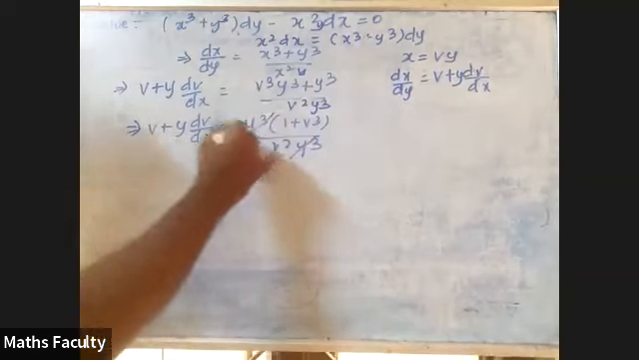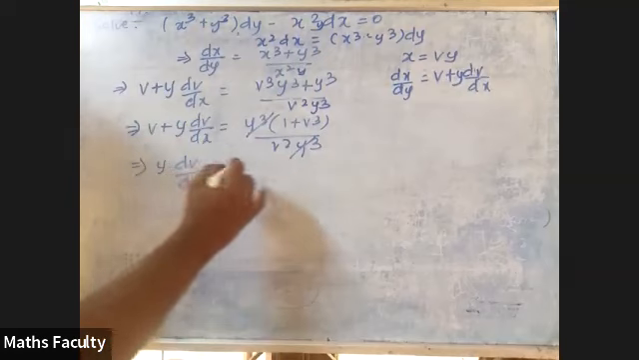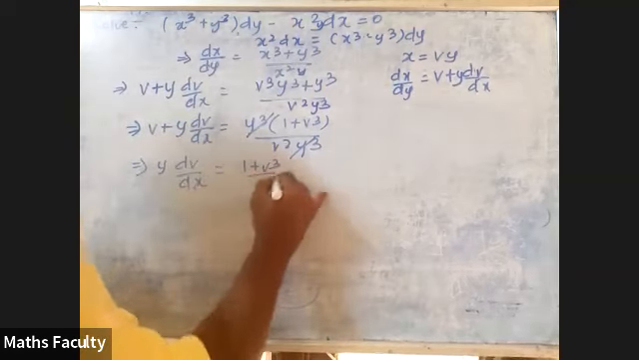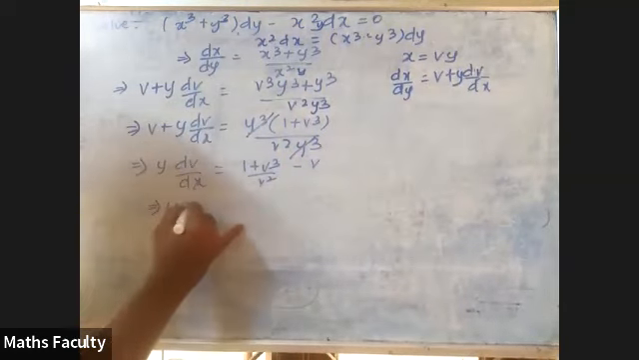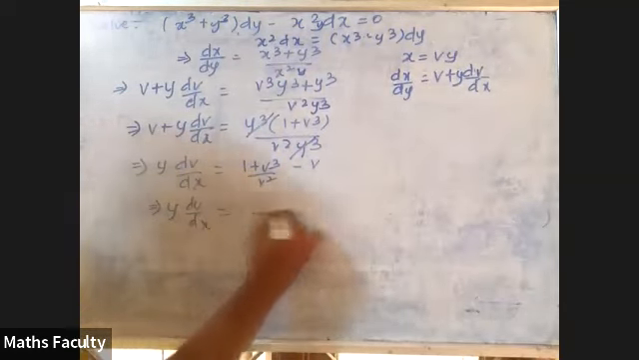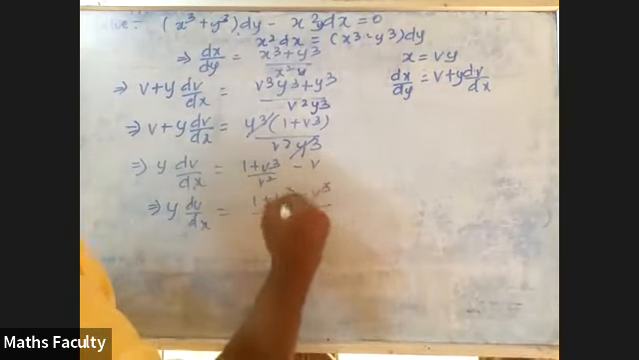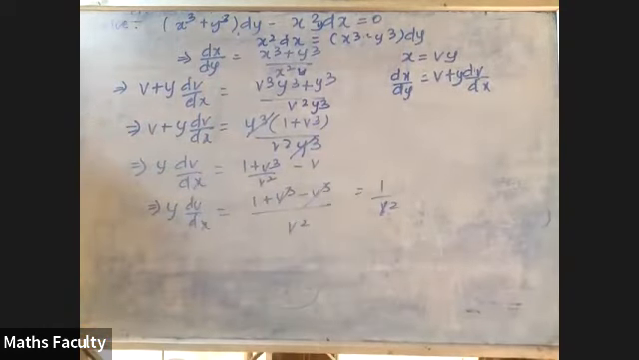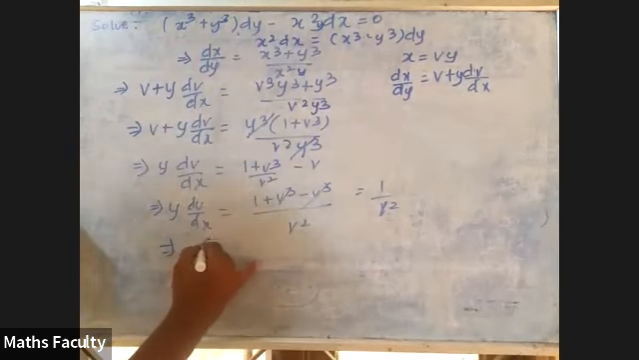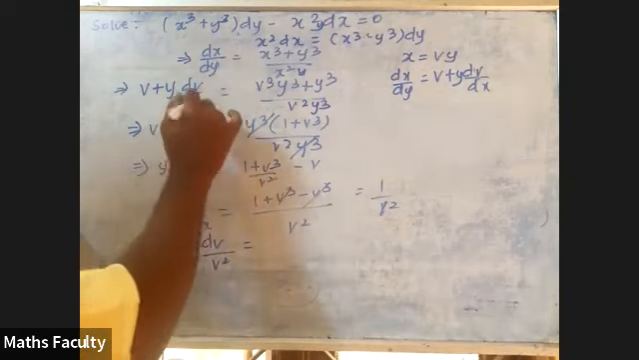So y cube cancels. This implies y dv by dx is equals to 1 plus v cube divided by v squared. Bring this v to that side, that becomes minus v. Therefore I can write this as y into dv by dx is equals to, taking LCM, v squared plus 1 minus v cube divided by v cube, cancel, which is equals to 1 by v square. Okay, now you just separate the variables. You can write this as dv divided by v squared equals to